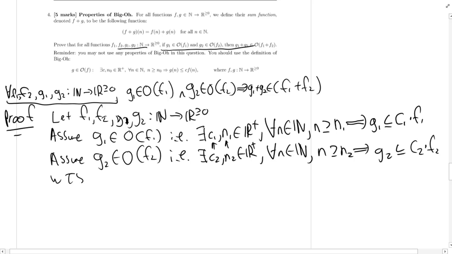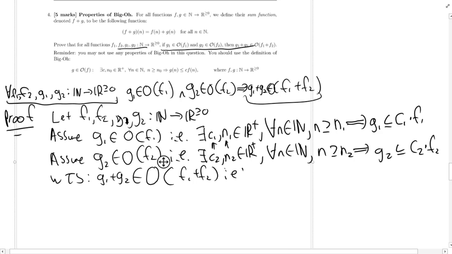Okay, and we want to show this. Let's see what we want to show here. We want to show G1 plus G2 is in the, oh, we should do an O there, big O of F1 plus F2,